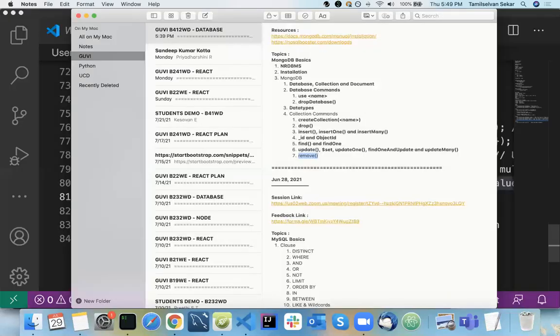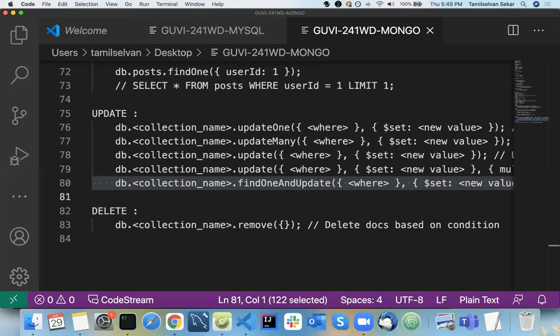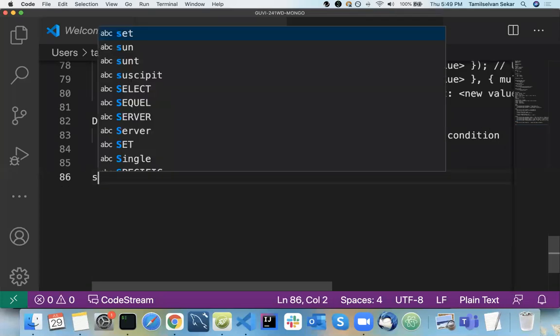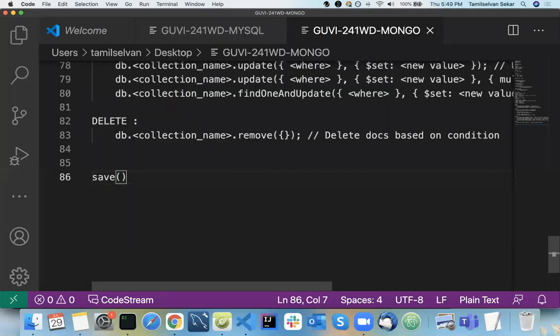What happens here is your save, I'll just give you an introduction. For your save, if you have an ID, for example, here you will be sending your ID. Save will take your object directly, no where condition and other things.